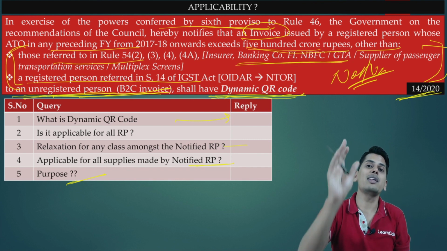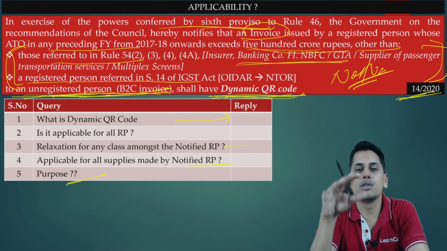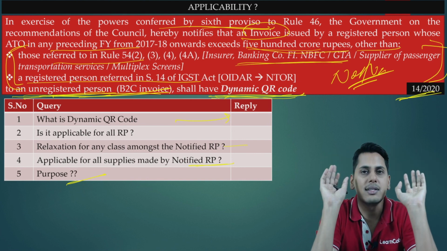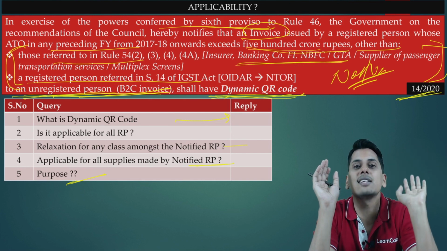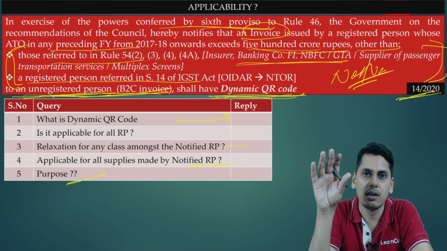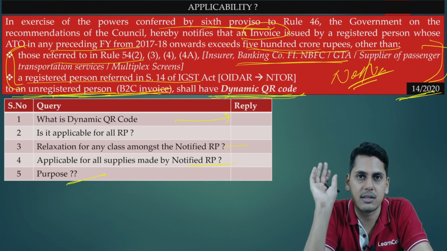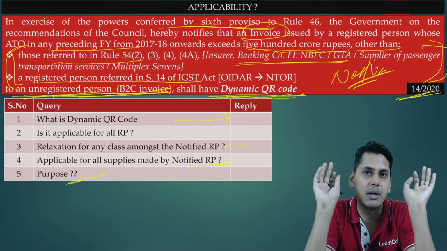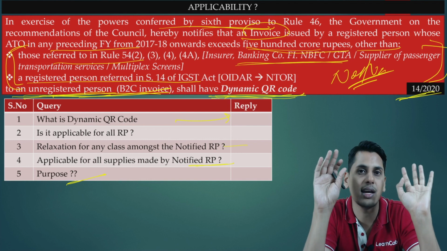There is going to be a lottery scheme which is going to come. Still it is not there. In due course, you would be reading that there is going to be a lottery scheme for all the payments against a GST invoice which are being made by scanning this dynamic QR code. For all such end users, there is going to be a lottery scheme where some lucky winners are going to win some prizes. So this would in turn encourage the end users to make digital payment, which would again satisfy the objective of the government that last mile transactions are arrested.